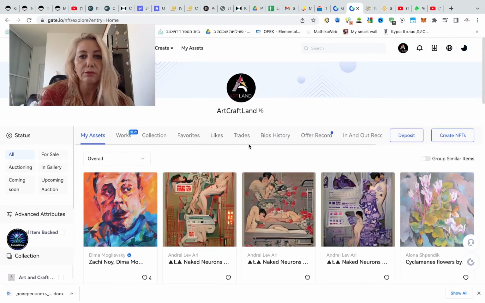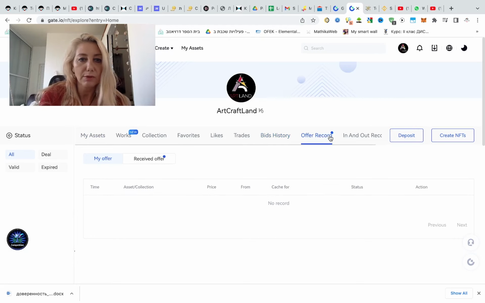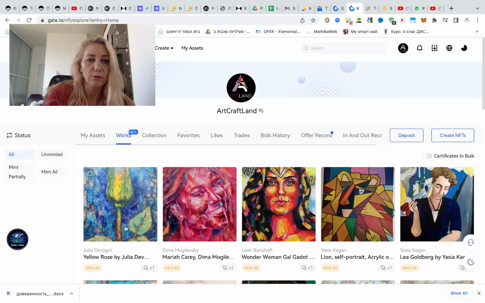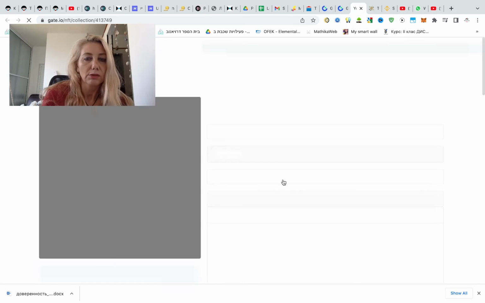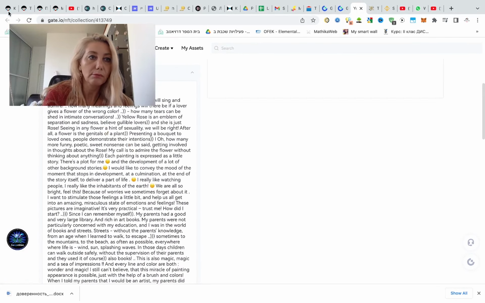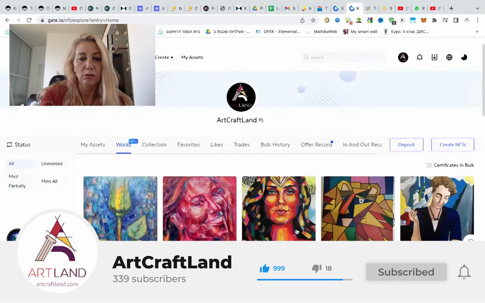And of course, if you have any bid history, I don't know why they don't have some record of the bid history. Probably they delete the information from time to time, but you can also see it from each of your works. If you open it, you can see the bid history, if there is some below. So the point is that